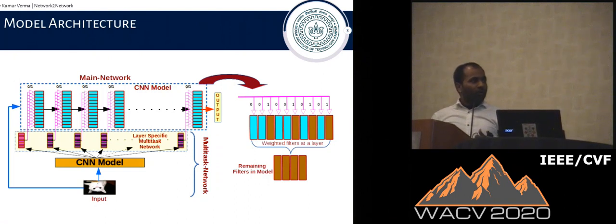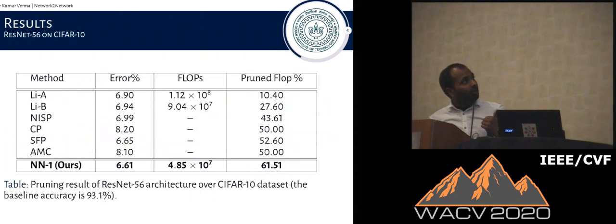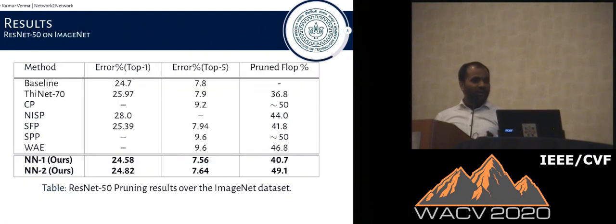Using this model, we can get a high pruning ratio on the ResNet 56 architecture and the CIFAR10 dataset, and we can see here we have 61% compression with a minimal drop in the accuracy compared to the baseline. Also, on the ResNet 50 architecture over the ImageNet dataset, if we prune 60%, we get a better result compared to the baseline, so it helps to remove overfitting. Also, if we go to a high pruning rate, we have a high pruning ratio with only a small drop in the accuracy, very close to the baseline approach.